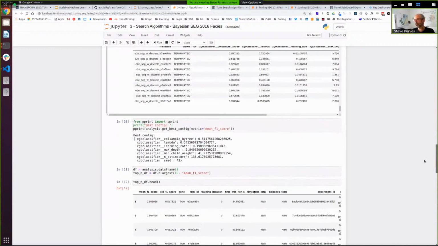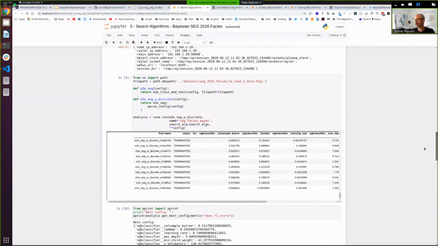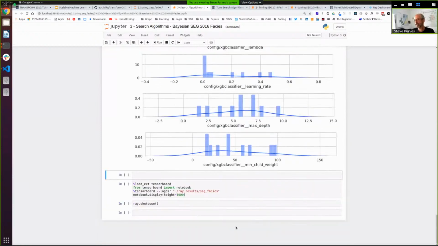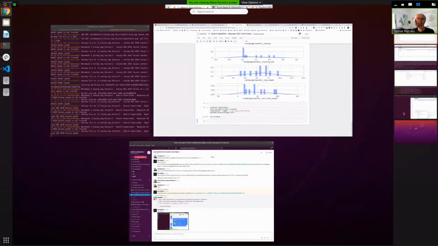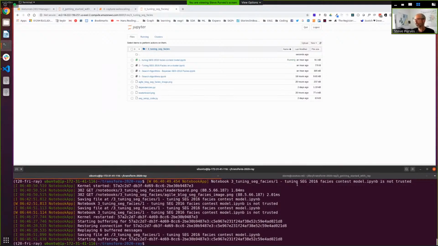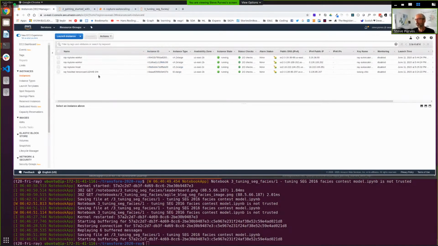So I could go back and run this on my local machine again with a lot more data. But what I think I'm going to try and do is get this up on our cluster and run this notebook with a whole bunch of other trials, and then we can leave it and check in at the end of the session and see what it's doing, or how it's done. Okay,